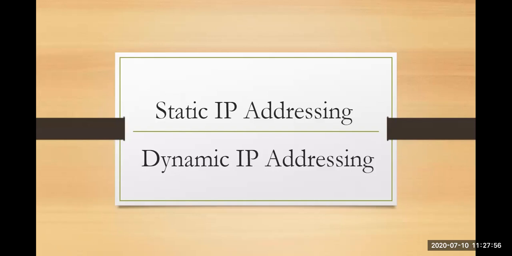Next, static IPs are less secure. Dynamic IPs are more secure. The reason why static IPs are less secure is that you are using a static address for a long time. You cannot change it. Once somebody knows your static IP address, later on they can easily refer to it. Since dynamic IP addresses keep on changing, nobody will know your actual IP address. So that is why it is more secure.